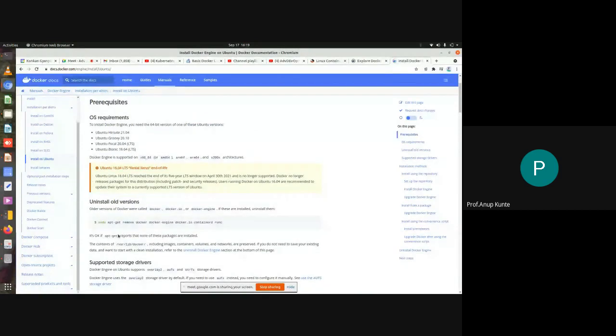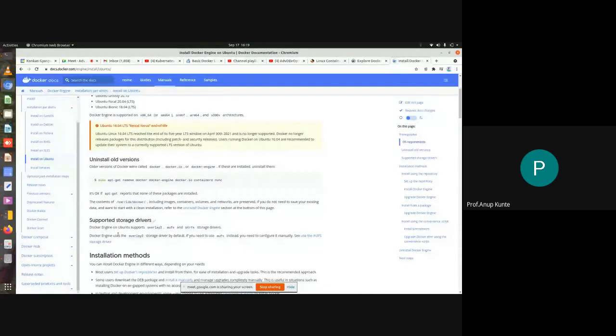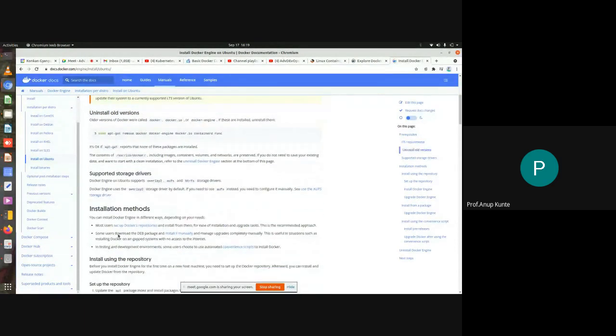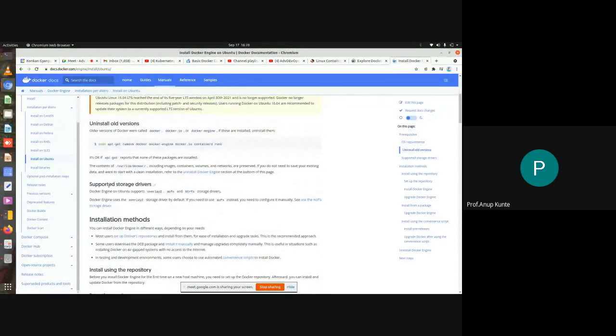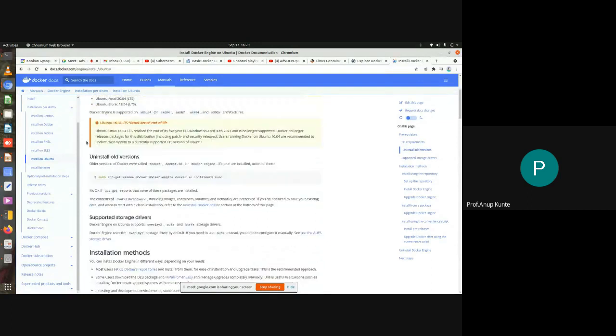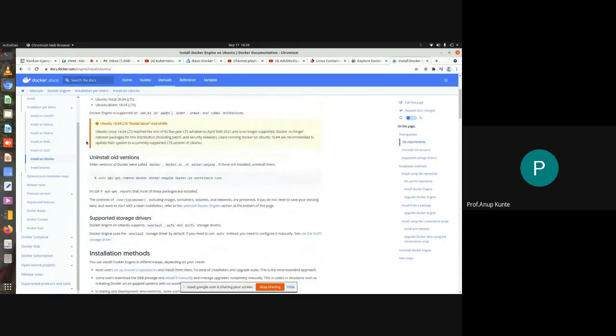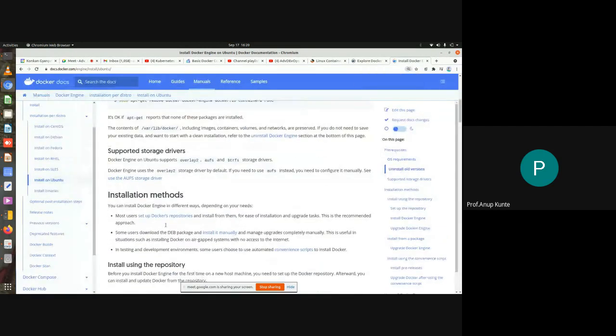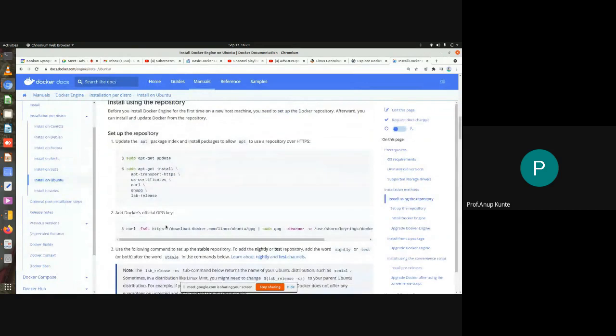Now you may have a different version of Ubuntu. You can check which version you are having, and depending on that, select the steps. Okay, so we have 18.04 selected for our instance. Since this instance is just now created, there is no question of having previous or older versions of Docker installed on your machine. Hence, this step is not needed. So I just need to increase the font.